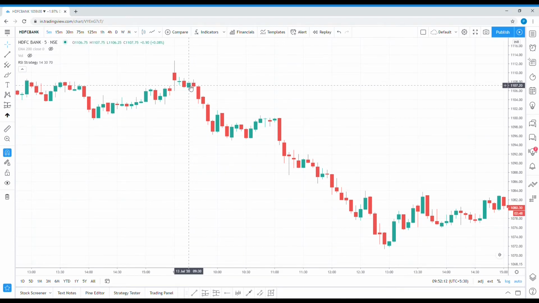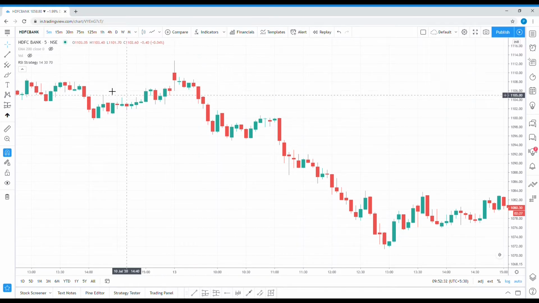So I have moved my arrow onto this candle. What is the time below? It's 9:30. I move to the next, it is 9:35. The next, it is 9:40. As you can see, a new candle is getting created after every 5 minutes. Why is that?